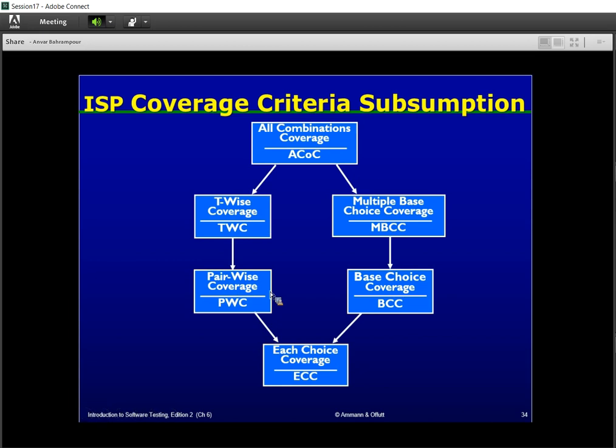And then, when we have extra knowledge about the domain of our program, about the program under test,